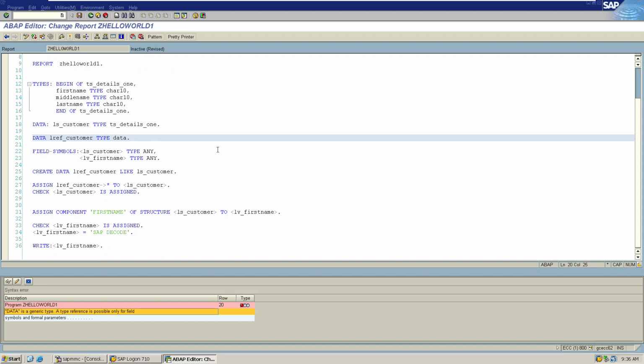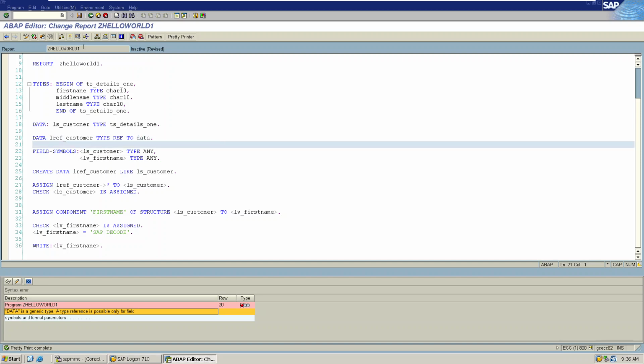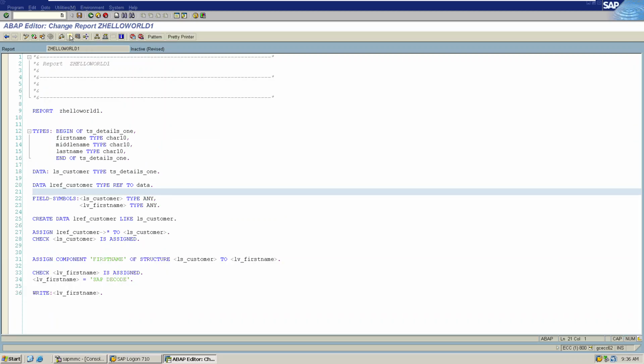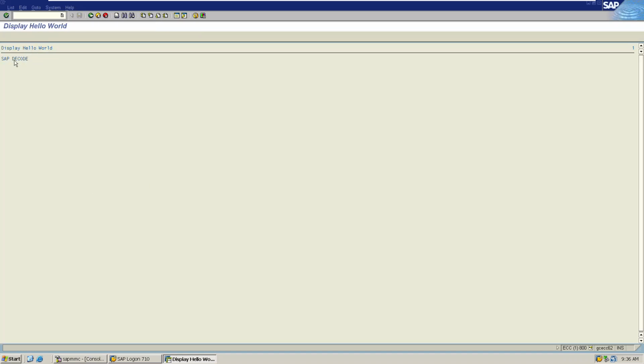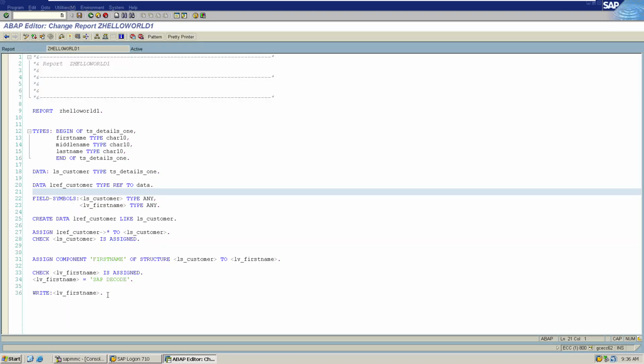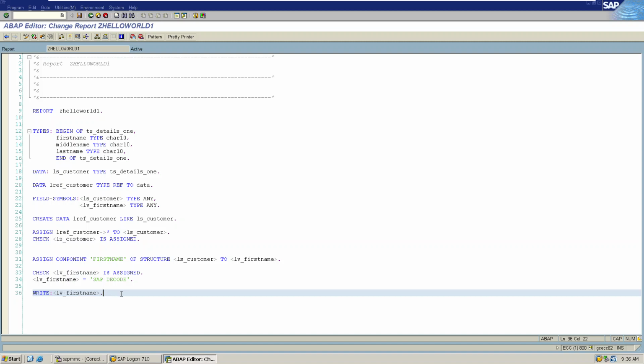This has to be type a reference to data. So the keyword that we are going to use for data declaration is type reference to data. Let us activate. So SAP decode has been created. Now let us create another field symbol